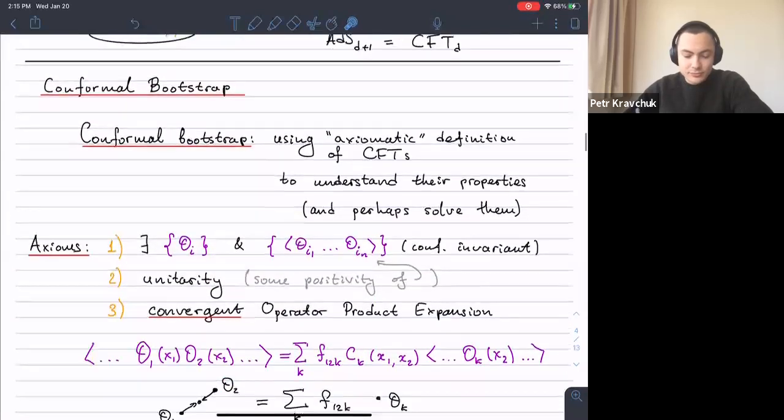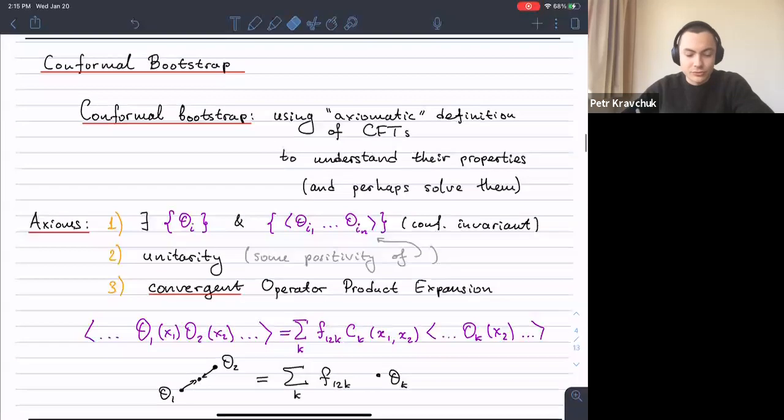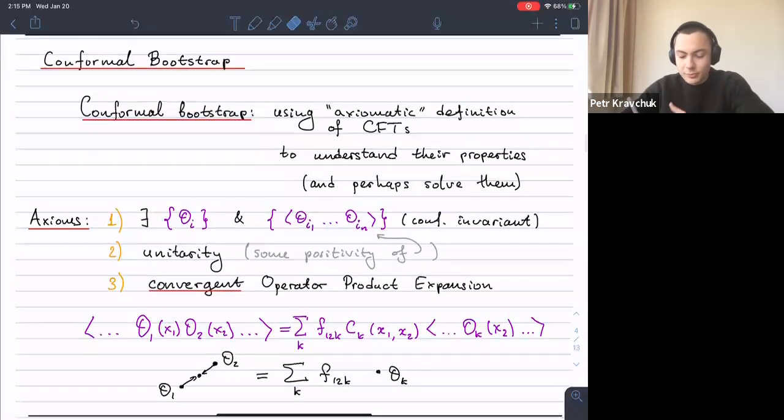So in the Conformal Bootstrap, we fix a simple set of axioms, and we try to use these axioms to understand conformal field theories and perhaps try to solve them. And to a large extent, this turns out to be possible even in higher dimensions, like in 3 dimensions and so on. So let me describe in 2 words what these axioms are,